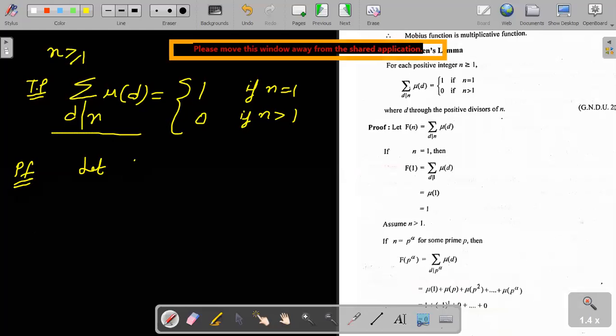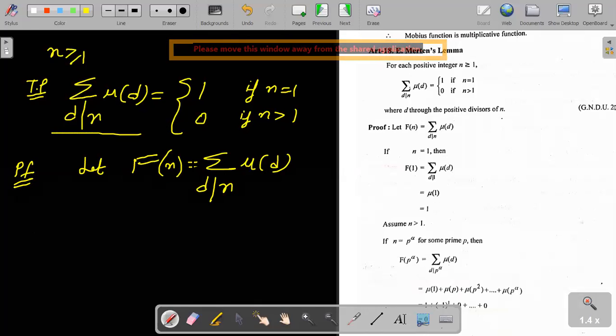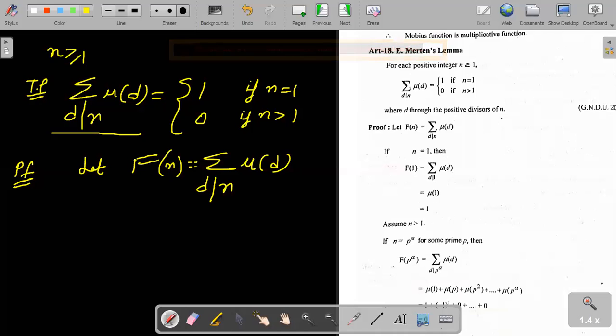let us name left hand side some function. So left hand side is what? Summation d divides n mu d. Let me call this as capital F of n. So this is some function of n, राइट तो जैसे जैसे n चेंज होगा उसके डिवाइजर्स चेंज होंगे, आंसर चेंज होगा। अब देखो हमें इस फंक्शन को दो जगह जज करना है, n इज इक्वल टू 1 पे और n ग्रेटर देन 1 पे, राइट।